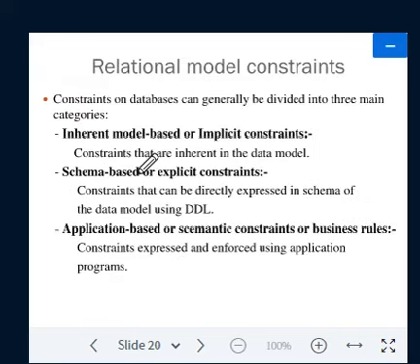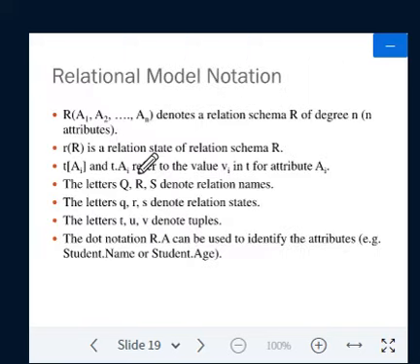So these are the four characteristics of a relation. Can anybody tell what the characteristics of a relation are? The first characteristic is ordering of tuples in a relation.